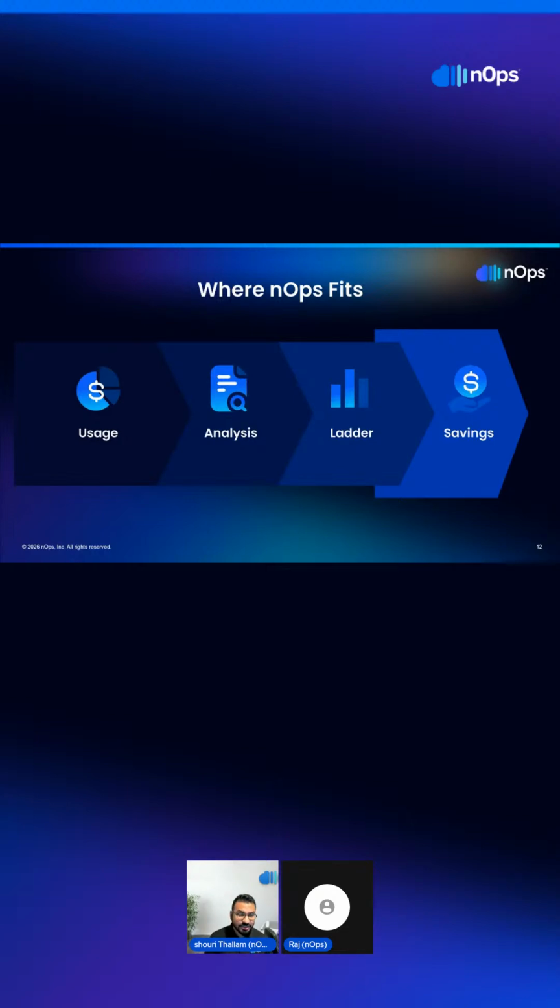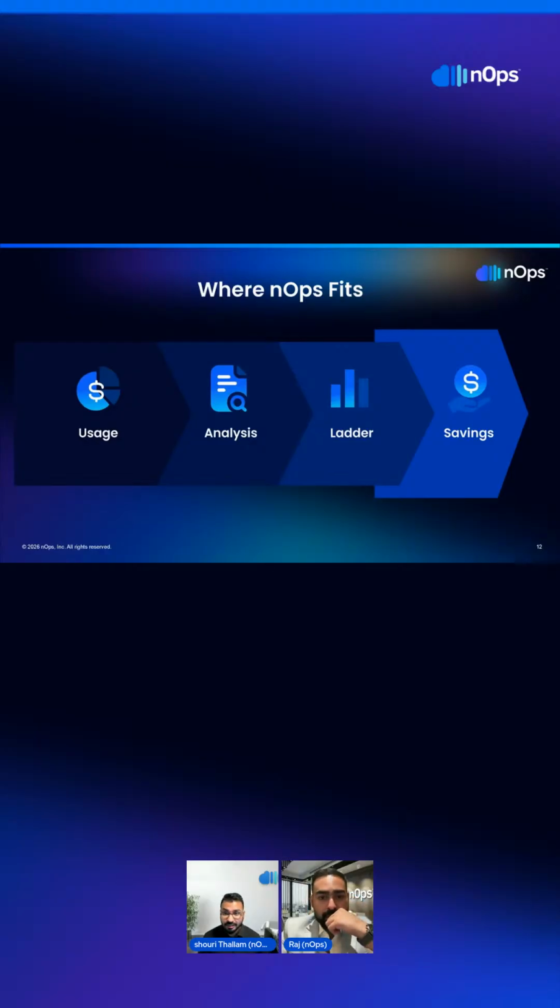And the common question, as we discussed, is how can NOps help me? If you look at it, this means constant forecasting you have to do, constant monitoring, and accountability. It's a lot of manual effort. Instead of you doing this, NOps will automate this entire life cycle every hour. This is not doing it every day or every month. We're doing this every hour and automating this whole life cycle with laddering your commitments, could be savings plans, could be RIs. We blend both of them and adjust as your usage changes. And right now, there are only two types of commitments you've got, which are two types of tools.